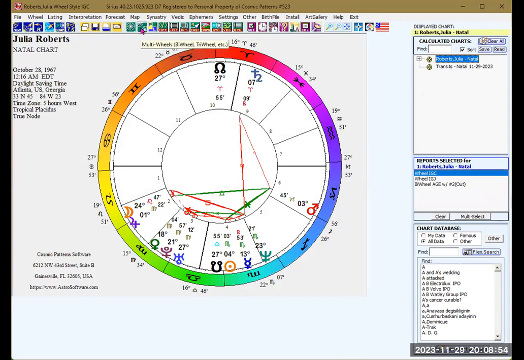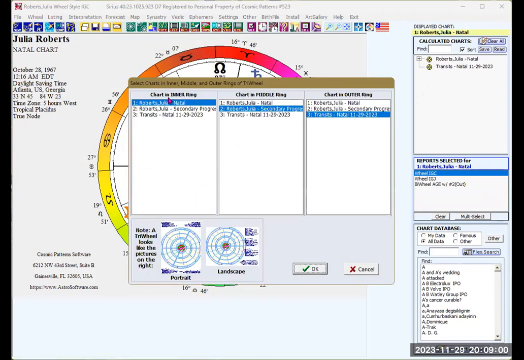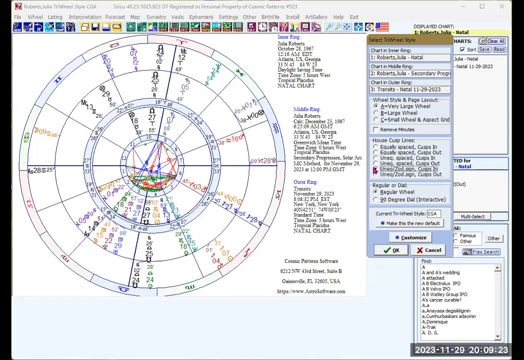So we click here, again in the 2-wheel icon, the green icon, and we click on TriWheel. Now, you will see you can again select the chart in the inner ring, chart in the middle ring, and chart in the outer ring. We will select the default and we will click on OK. And then again, you have different wheel style to choose from. You can select the wheel style that you like. Again, similar